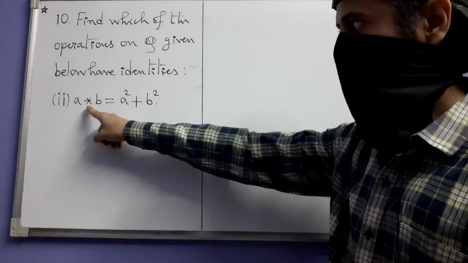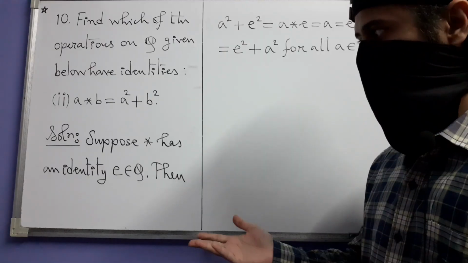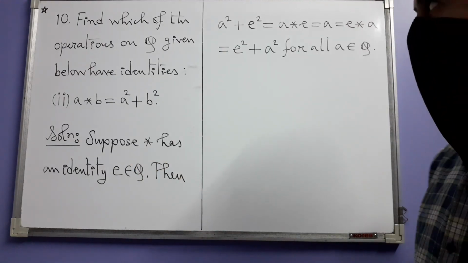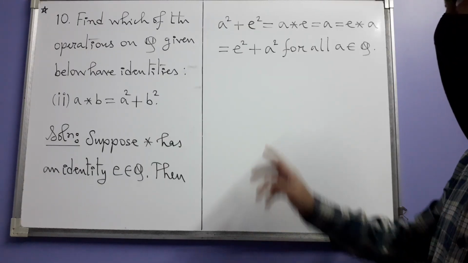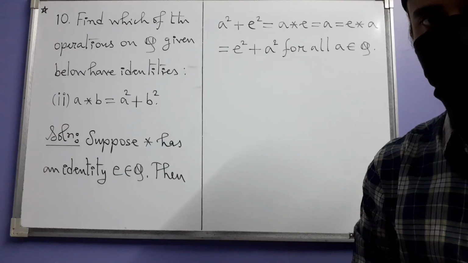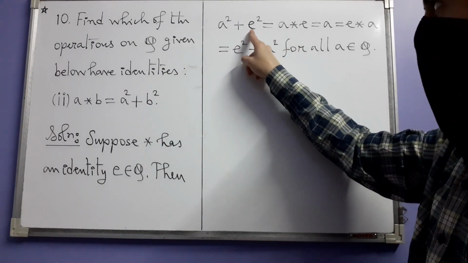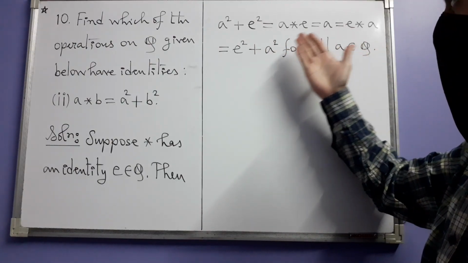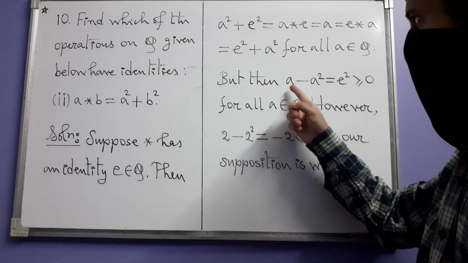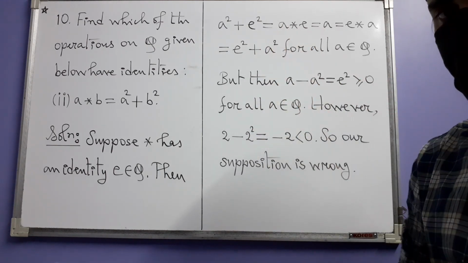Part 2, A star B is equal to A squared plus B squared. Solution: again, suppose that star has an identity E in Q. Then, just like part 1, A star E and E star A will be equal to A for all rational numbers A. But this time, A star E is A squared plus E squared and E star A is E squared plus A squared. But then, A minus A squared is E squared, which you get from this equation, and